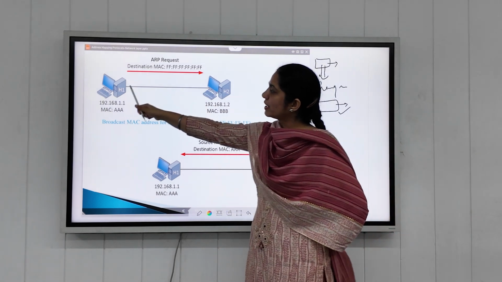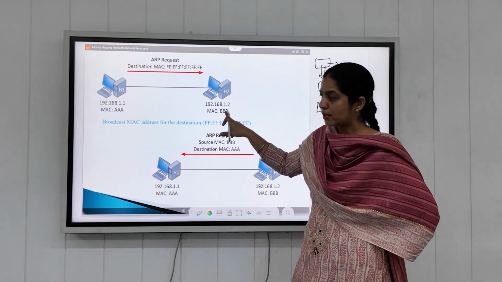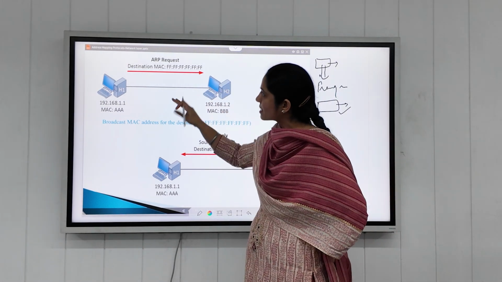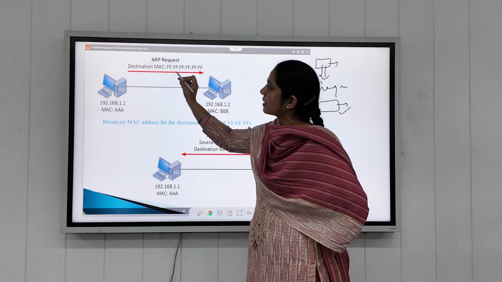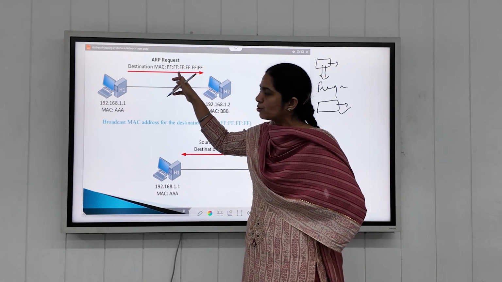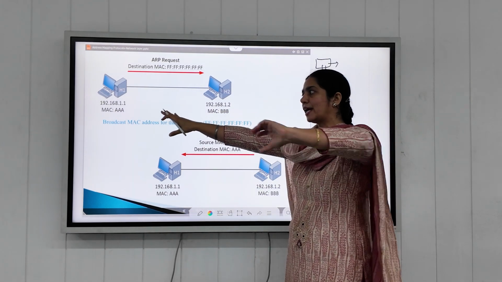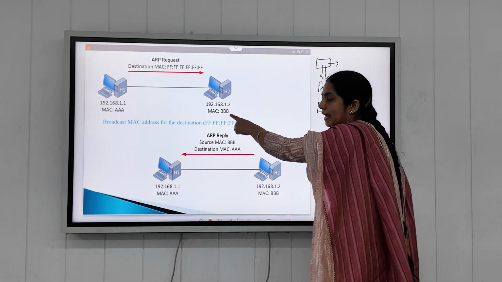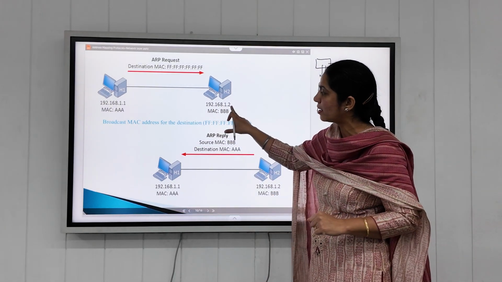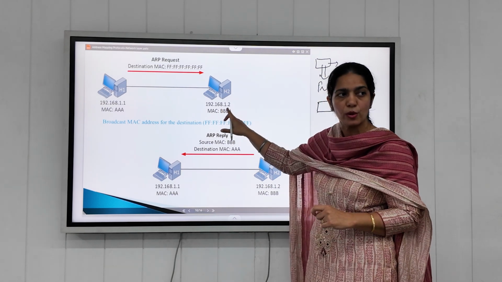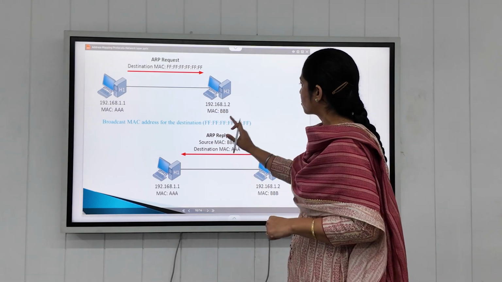So this is briefly what the destination is sending to this MAC address. It is not directly sending to H2. It is rather broadcasting this, that's why there are 12 Fs, FF:FF:FF:FF:FF:FF, which are used as a broadcasting address. Once it is broadcast through device A, device B will reply to the destination A that this is me, I have the IP address 192.168.1.2, and this is my MAC address, and I am sending this address to you.